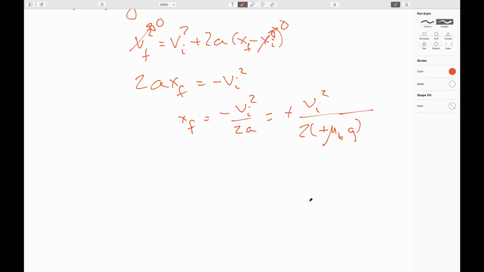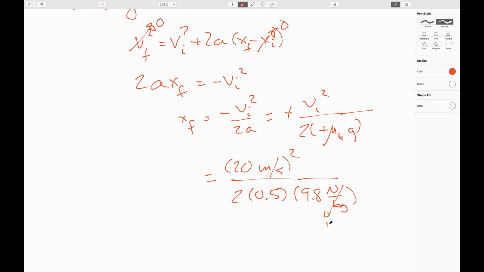All right, so sticking in our values, we will have 20 meters per second squared over 2 times our coefficient of kinetic friction, which is 0.5. Oh, isn't that convenient? It's almost as if I'd set it up that way. Times 9.8 newtons per kilogram. And we remember that newtons per kilogram are dimensionally meters per second squared. So when I squared the 20, you have to square the units too. So this will be 20 squared, meters squared over seconds squared. So my seconds squared cancel and I'll lose 1 power of meters. So sure enough, I'm left with meters